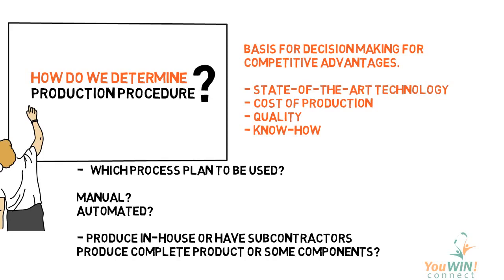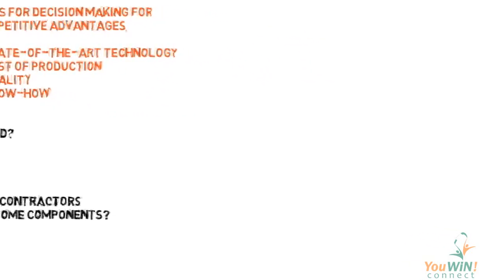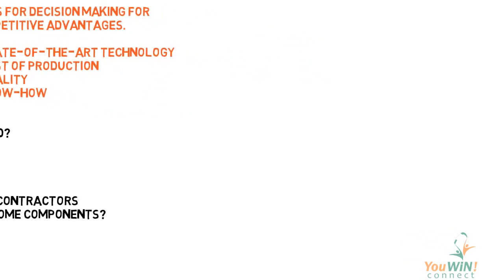So can we give out some parts of it and then keep the ones that we are better at? What kind of people do we have? What expertise do we have in-house to produce? These are the basis for us to make decisions in order for us to be able to work best with our competitive advantage. Let's take a look at typical decisions that we take